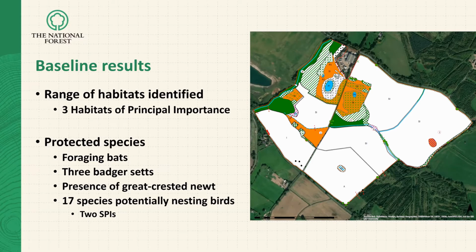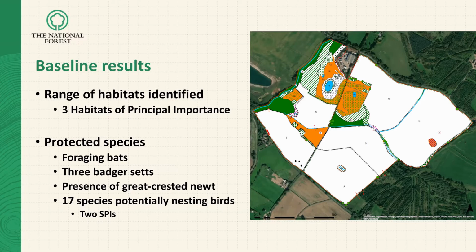In terms of the protected species that we found, there were foraging bats in the area, actually 3 badger sets, and also presence of great crested newts. We also did a nesting bird survey. We found 17 species. They weren't necessarily nesting in the area, but they were seen on the surveys, including 2 species of principal importance. So this information was very, very helpful, not only for providing that baseline of what have we got there to start with,